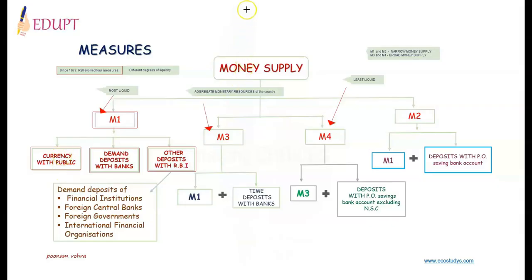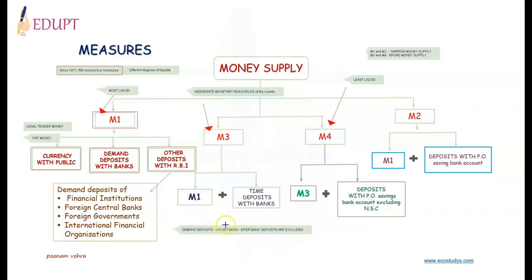It is also termed as fiat money, that is, order from the government to act as money, that is under law, or legal tender money, that is, can be legally used to make payments of debts and other obligations. Demand deposits of commercial banks include deposits that can be encashed by issuing checks at any time by the account holders. Demand deposits are on net basis, that is, interbank deposits are excluded as they do not form a part of money supply.